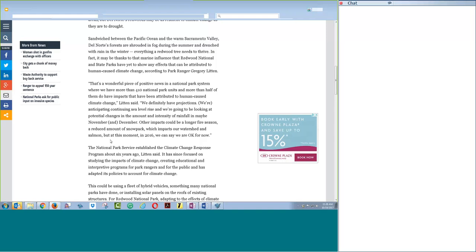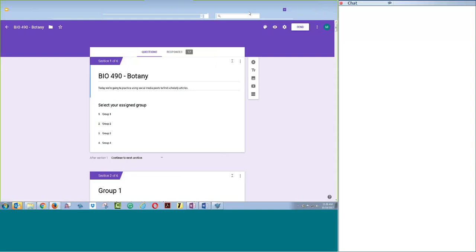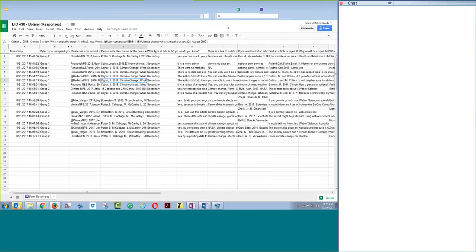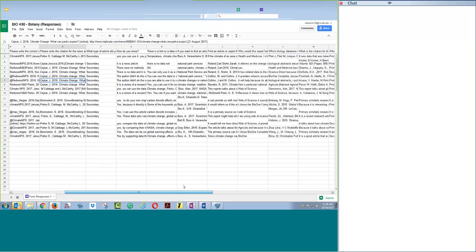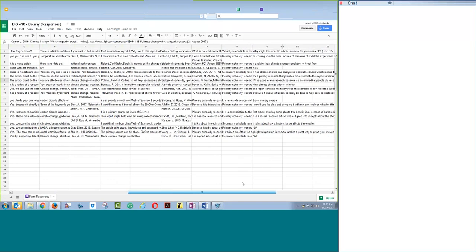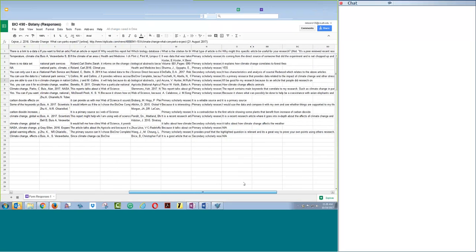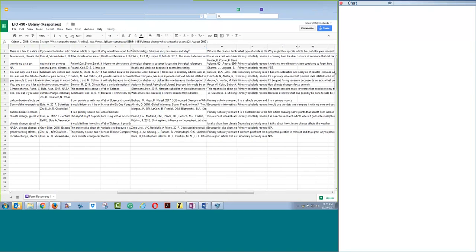go and find a similar article, and I can show you the responses from the form. Let me just find that. What had happened was, here it is, and I've hidden my students' names for now. So most of them did climate change within the national park, but some of them, I don't know if it's easy to see on the screen. You may just want to go through and take a look. But they found things like